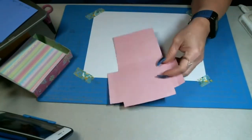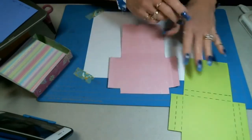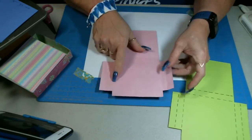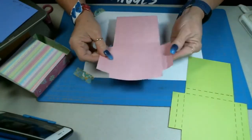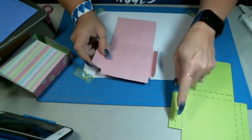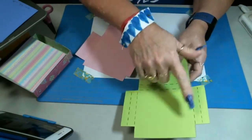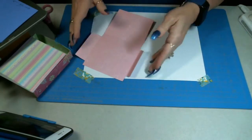pattern that I had told you about earlier, which again, I'll put the link in the comment section when I'm done. You're going to take it, cut it out, and then you're going to score it. Score and fold on the score lines, and they're all on the pattern. You'll see everything on the pattern. So once you do that,